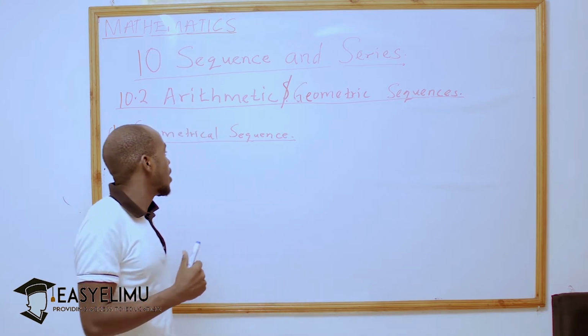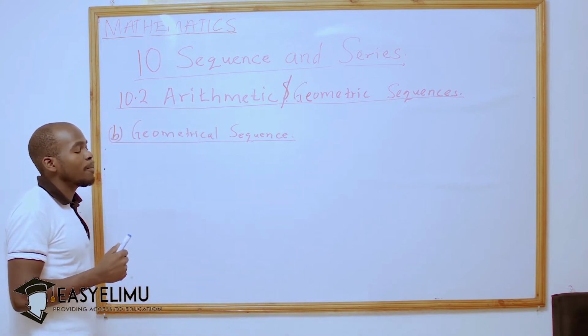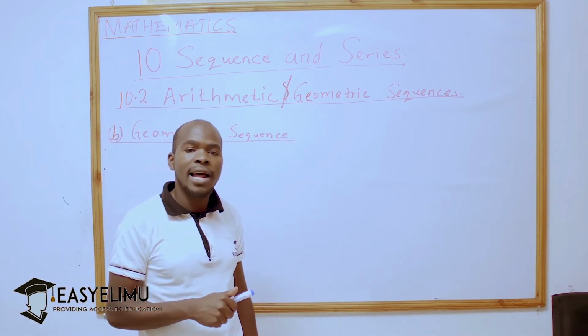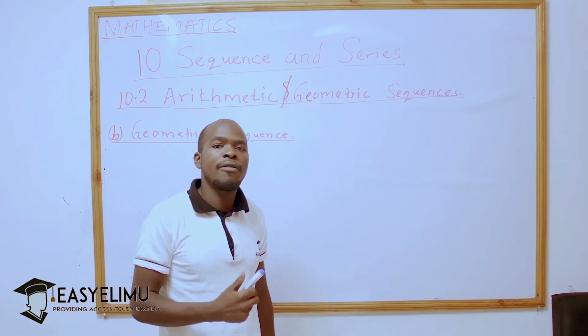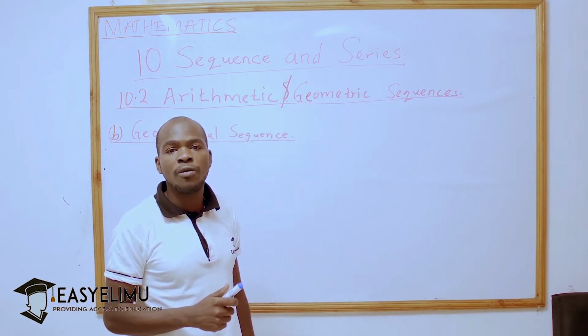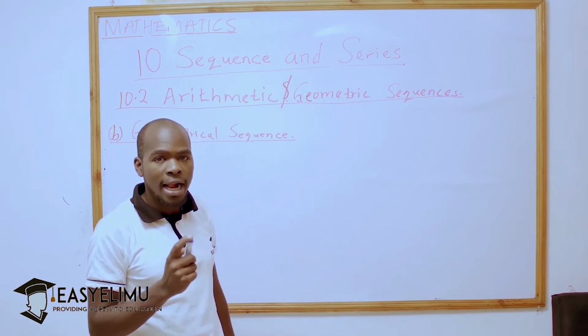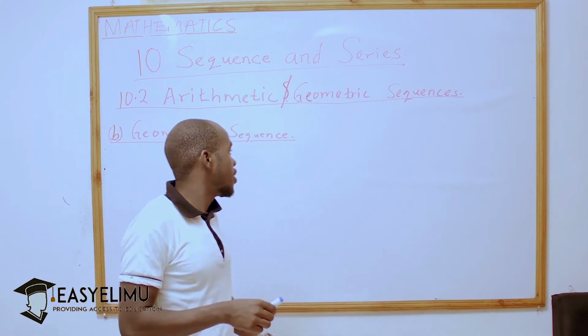Now let's see what patterns of numbers lie under geometric sequence, and also formulate a formula which will help us find the next term in a geometric sequence. So we shall start